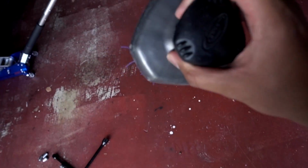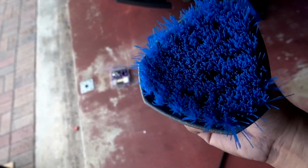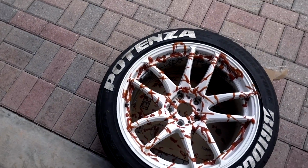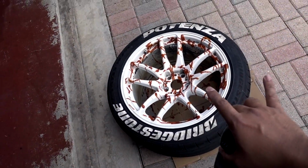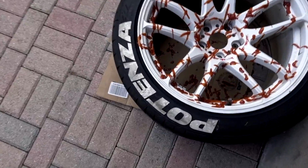So one of the two products you wanna use when cleaning your wheel is an agitation sponge or an agitation bristle scrubber thing. I got one of these. You also have the longer dildo shaped ones, which clean the barrels in between when the tire's still on the car. But since we took the wheel off completely, we can use a face scrubber for this. And what you want to do is agitate